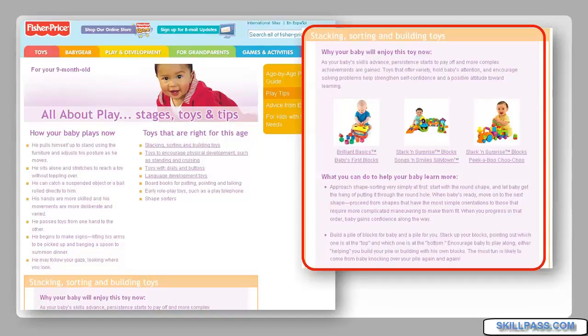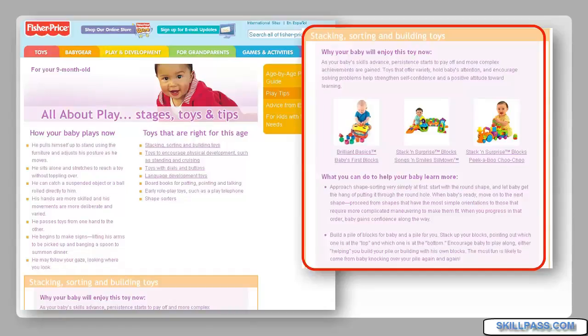Fisher-Price isn't selling toys. They're selling on being a better parent or grandparent. They are selling information. They're selling satisfaction. They're selling an emotional response to I want to be a great parent or grandparent because I want my child to develop and to grow and to learn.